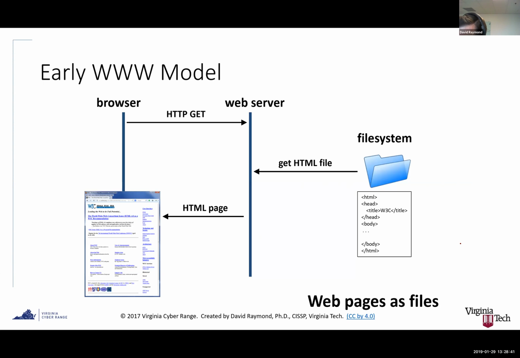but Tim was a system administrator at CERN, and he wanted an easy way for researchers to share information in an automated way. Email is one way, but he wanted something more permanent, so that people could put stuff in a location where other people could come visit, click on links, and download each other's papers and that kind of stuff. And so he came up with this web server software,